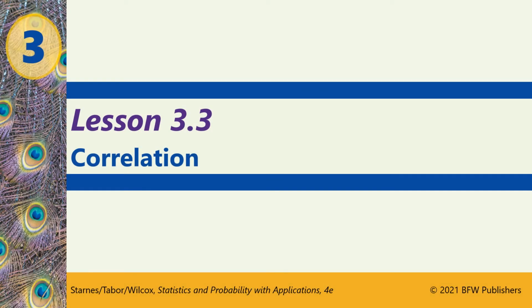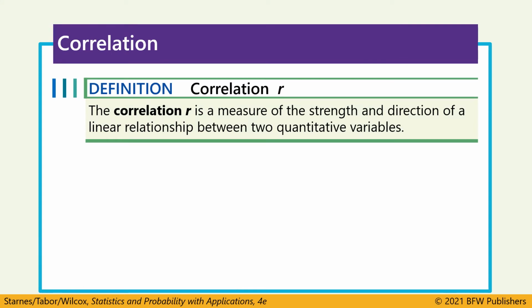Lesson 3.3, correlation. A correlation, indicated by the variable r, is going to measure the strength and direction of a linear relationship between